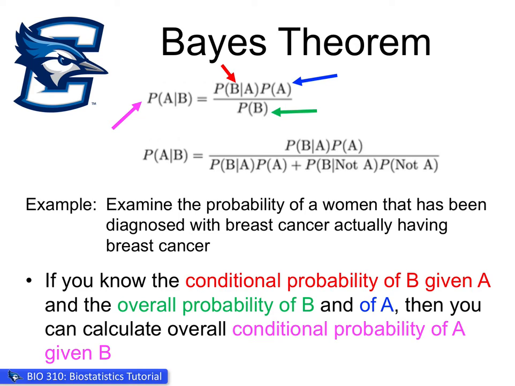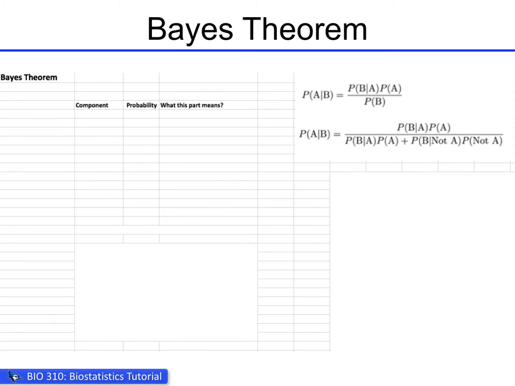then you can calculate the overall conditional probability of A given B. Okay, so now what I'm going to do is walk you through a short video in Excel showing you how you can calculate out the components of Bayes' theorem, and also, just as important as getting the right numbers, how you would interpret those numbers. Okay, so as we move over to Excel here, we will take a look at how we calculate the components for Bayes' theorem. So in this case, what we will do